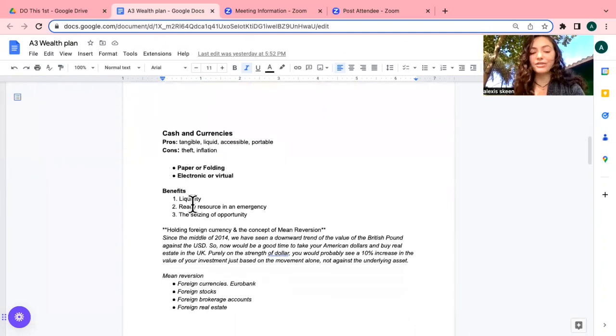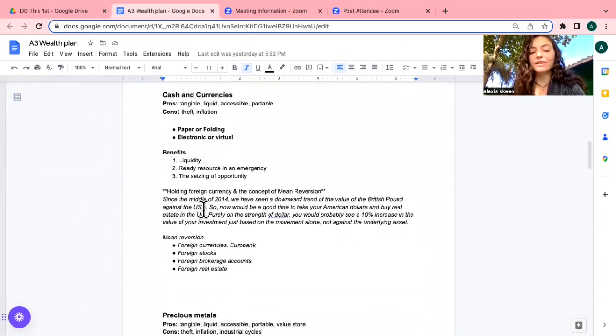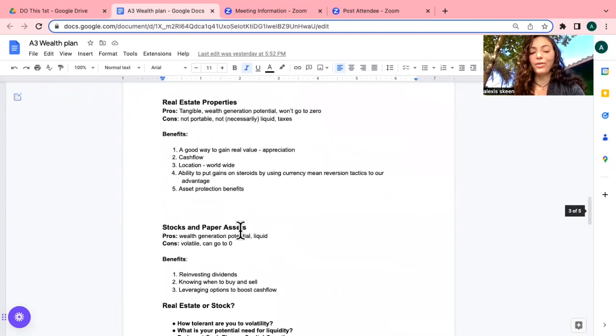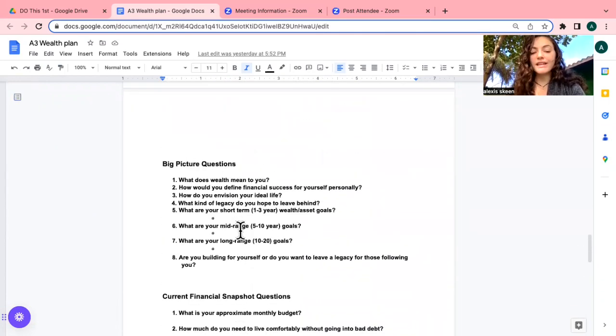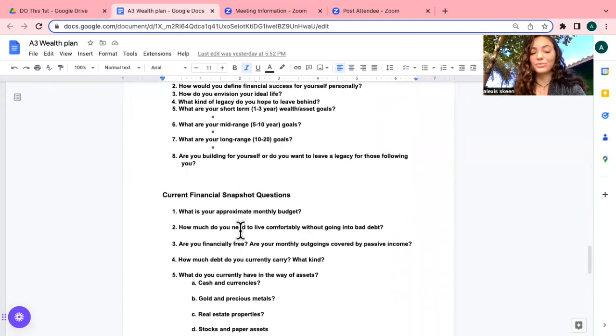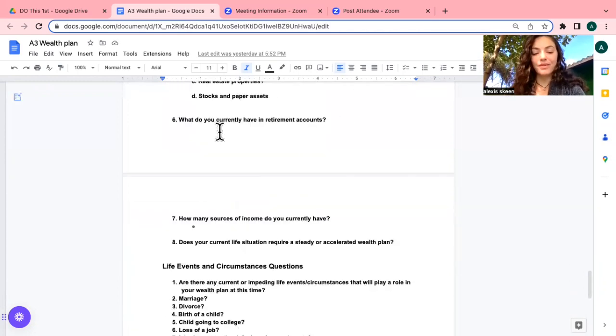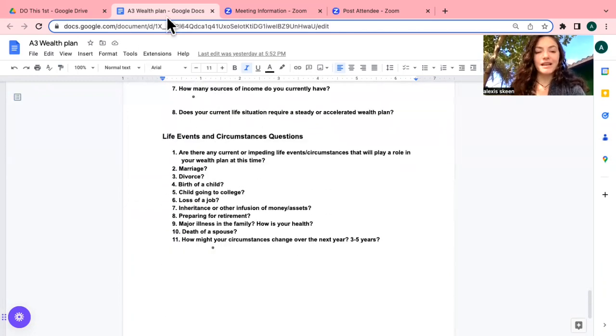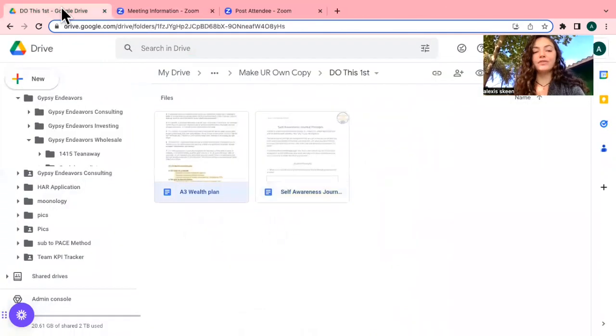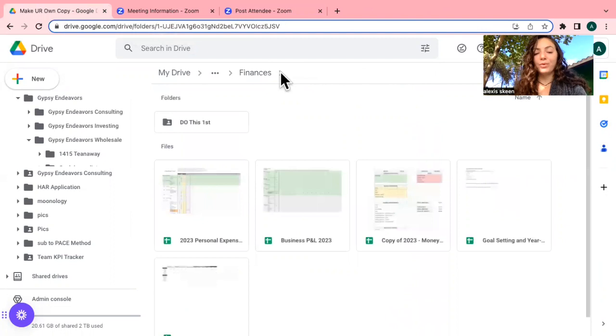And it actually goes down through and shows you the benefits of all these and just a little bit about them. And then it asks you some bigger picture questions, again, leading you to do some more self-reflection to figure out, okay, what does wealth mean to you and some of your long-term goals. Some of these questions are duplicated from the other, but at your own discretion, go through them. All right. And then after you have done some self-reflection, reviewed your goals and your wealth plan,